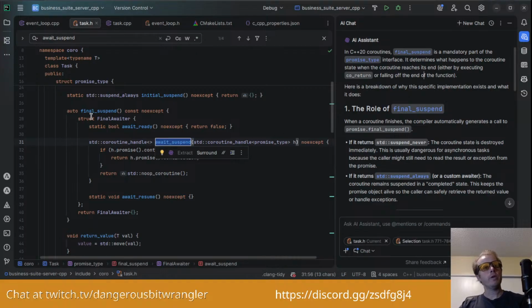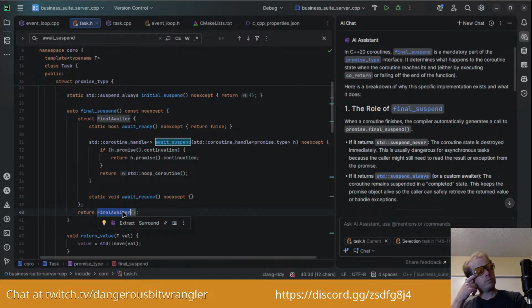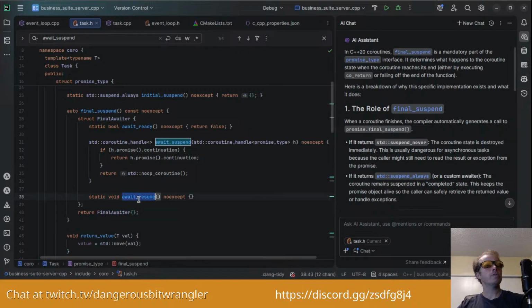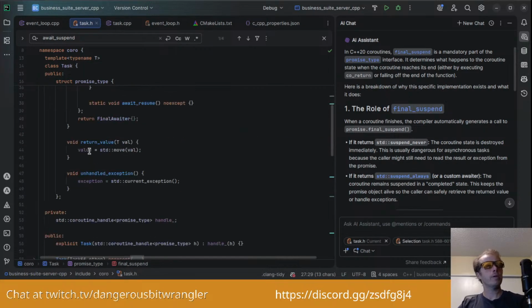So I guess when it calls final suspend, it expects this kind of final implementation of its expected functions, which it's going to check when that promise is completed, I guess.